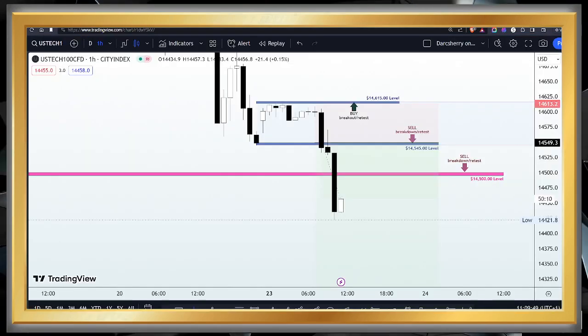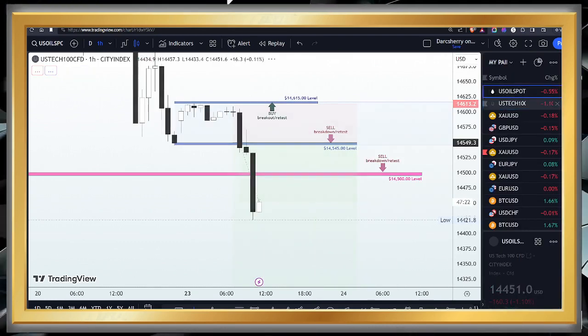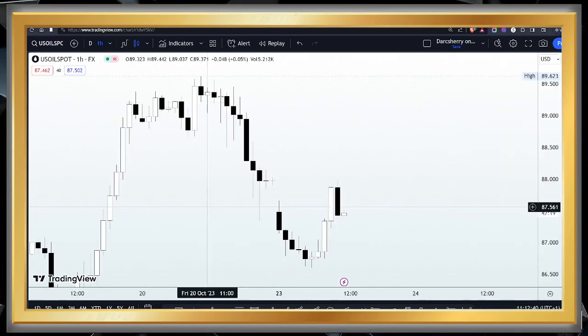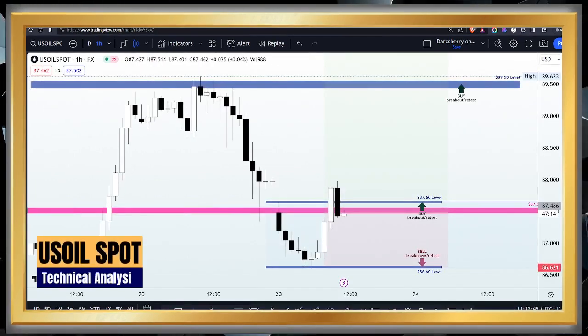So talking about price action here, we are going to be starting this week with a technical analysis on the first asset on our watch list, which is going to be the USOILSPOT. And on the USOILSPOT, we begin to see some interesting situation gradually unfold on the chart as of this